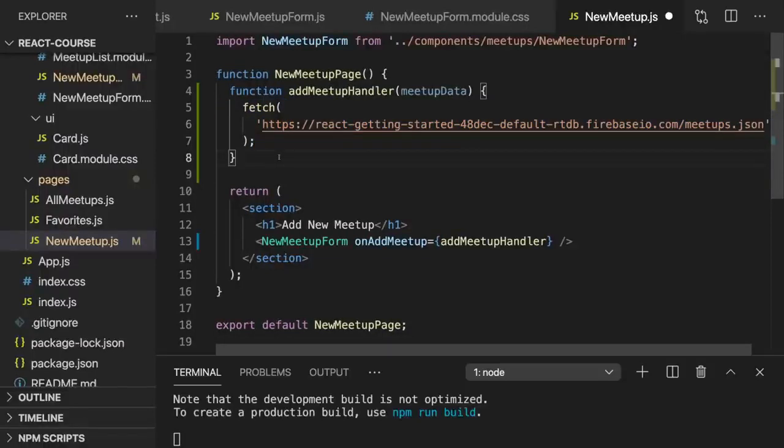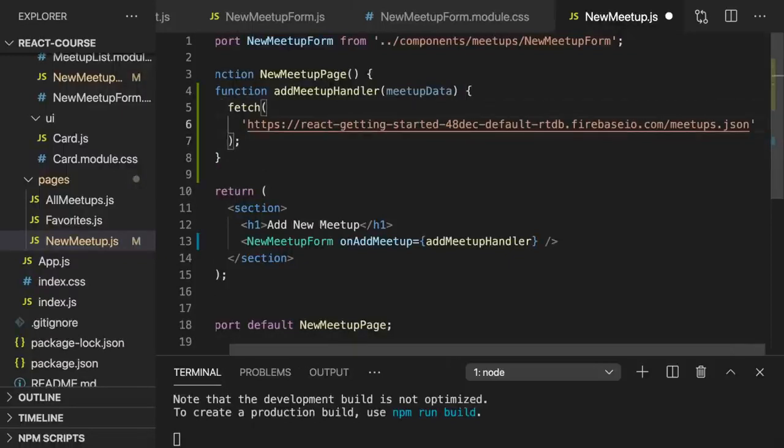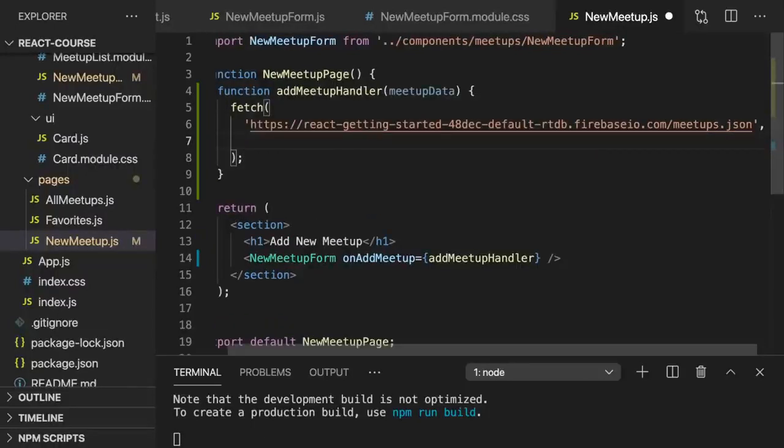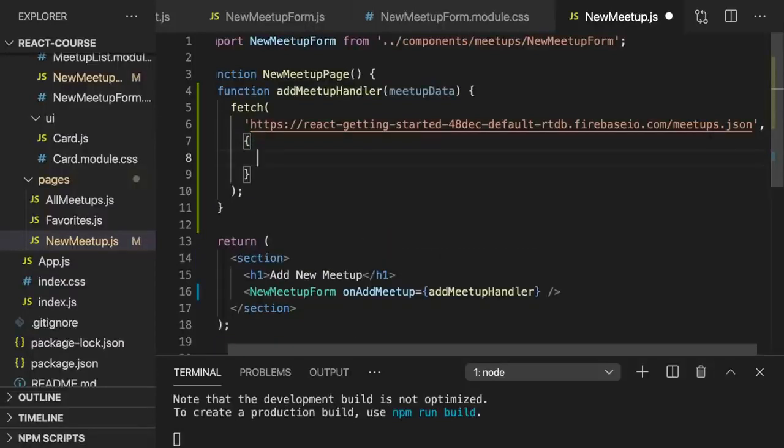And that will always depend on the API you're working with, but most APIs are built such that storing data requires post requests. Now, to send a post instead of a get request, we add a second argument to fetch here, and that second argument is an object which allows us to configure this fetch function call and this HTTP request, therefore. And here in this object, we can, for example, set a method property to define the HTTP method